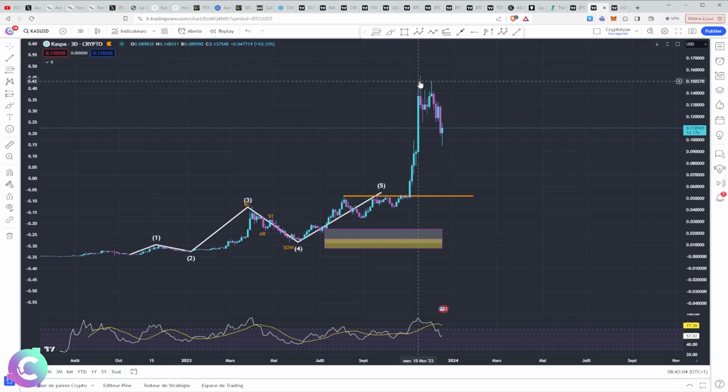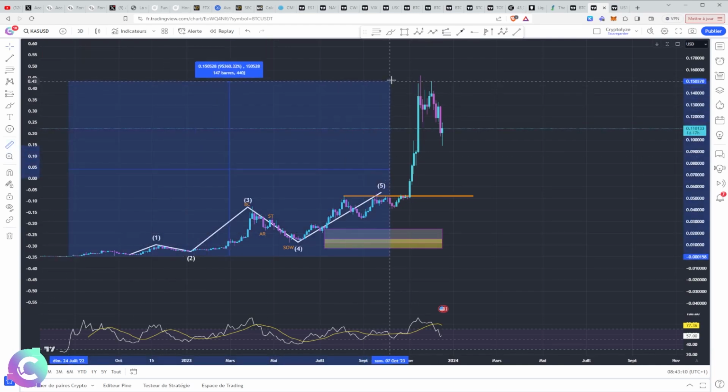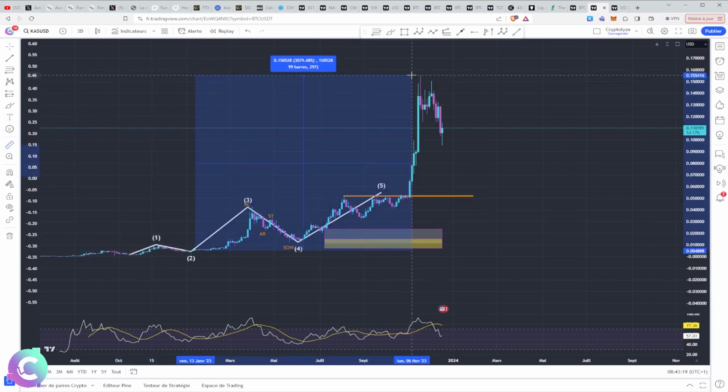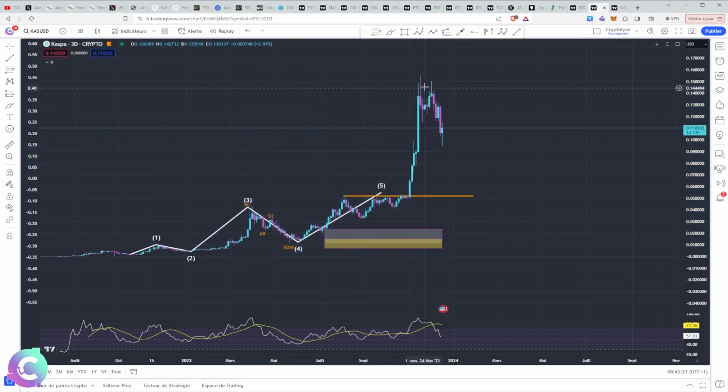We just have to take two things into consideration. One is that we find ourselves in a dynamic where people have already made big multiples. When we look at people who have made almost 99,000x if I look at the lowest. But if I look at the people who have potentially returned to these areas, we are already on 3,000x. So many people have started to take profits. That's what we see there, which is completely normal.